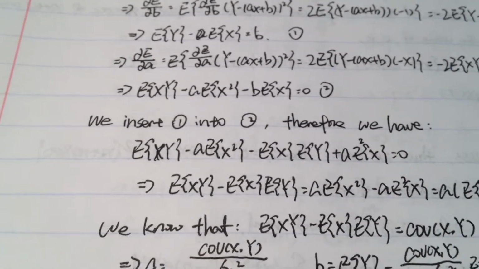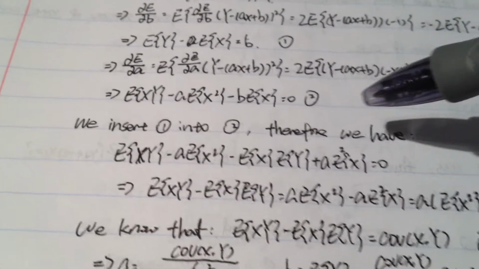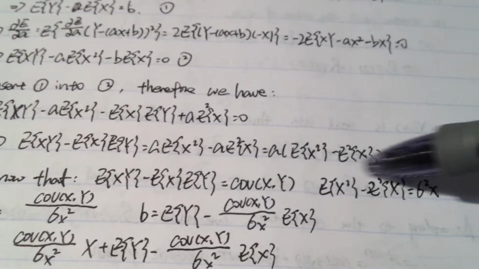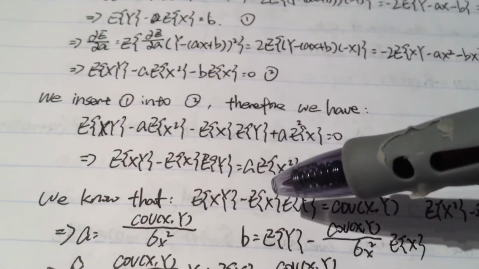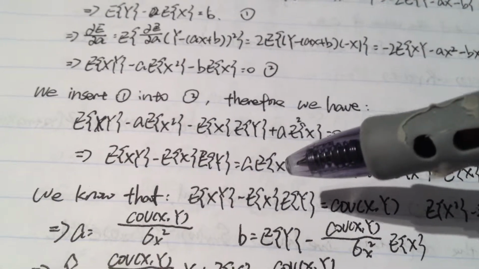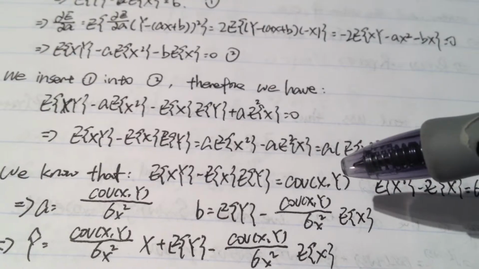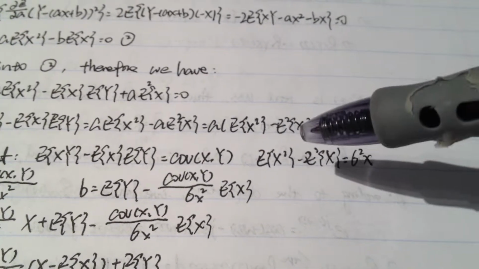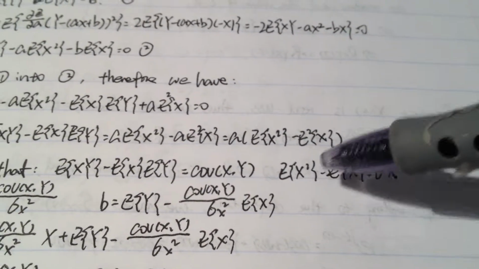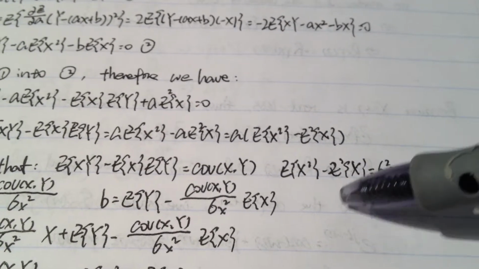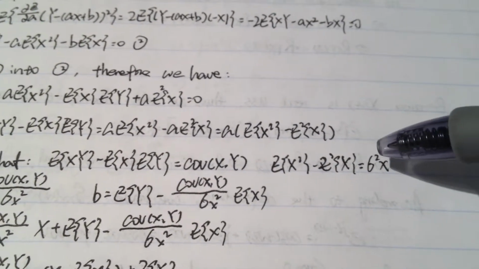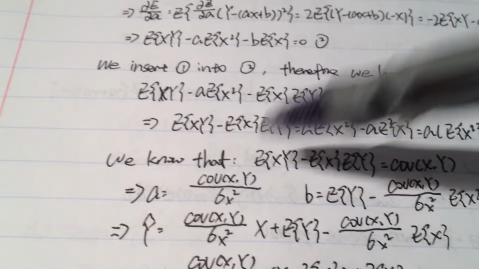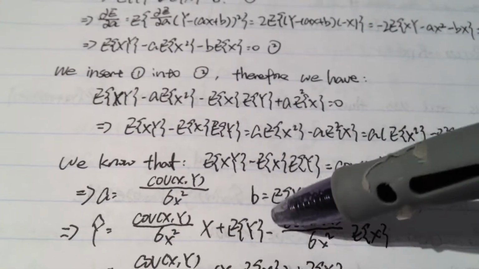So that after some calculation, we know that this part equals this part, and we know the mean of xy minus the product of the mean of x, the mean of y equals the covariance of x and y, and the mean of x squared minus the square of the mean of x equals the variance of x, so that we know a equals this part and b equals this part,